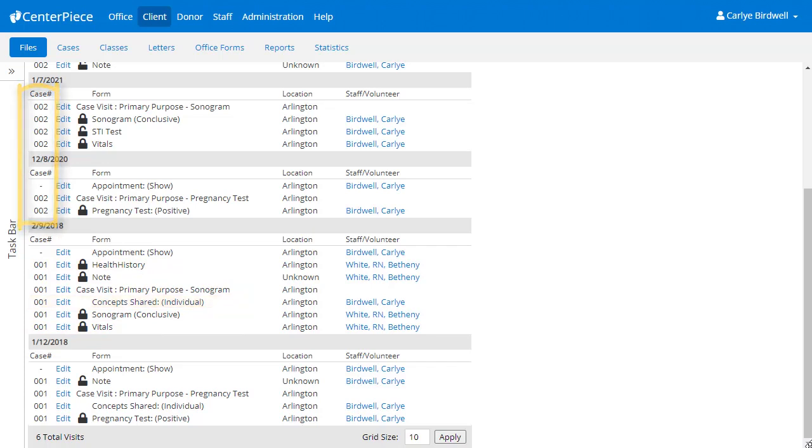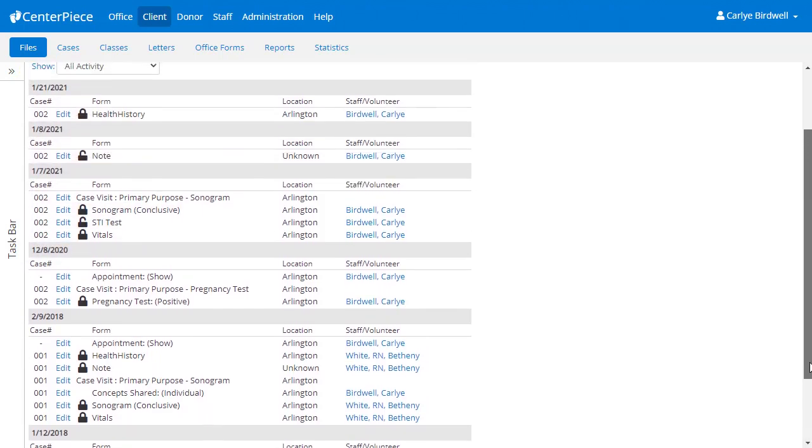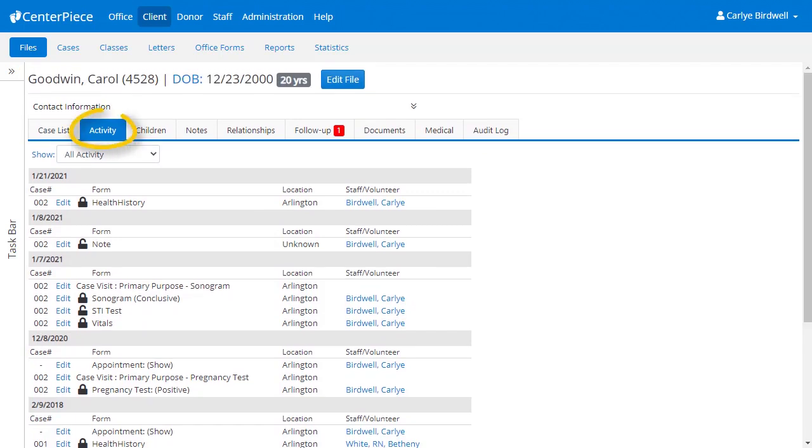We can see that she visited the center on the 8th of December for a pregnancy test, and here are the forms that were entered in for that particular visit. And she came back to the center on January 7th of 2021 for an ultrasound and an STI test, and you can see the activity forms for that visit right here. So the Activity tab is where you will find all of the different visit forms, activity forms, and medical forms